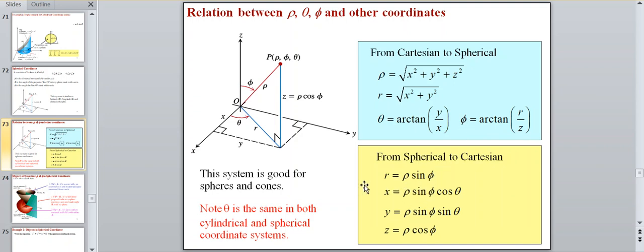Here below you can see the equations that let us move from spherical to Cartesian coordinates. It means if you are given the spherical coordinates of some point in three-dimensional space, we can find the Cartesian coordinates. Starting with z, look at this right angle triangle. This is z, and this is rho. Because rho, phi, theta is the spherical system, but for Cartesian we have x, y, z,